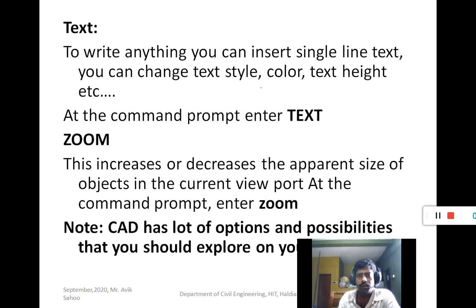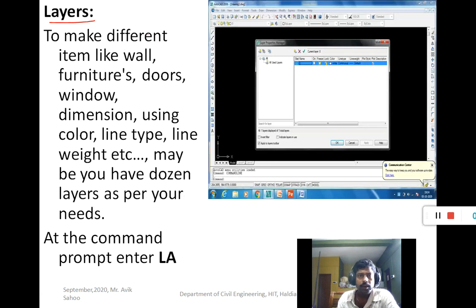Layer is basically used to classify the different objects like walls, furniture, doors, windows, dimensions using color. In layers you can use different colors, add different line weights, and add line types.